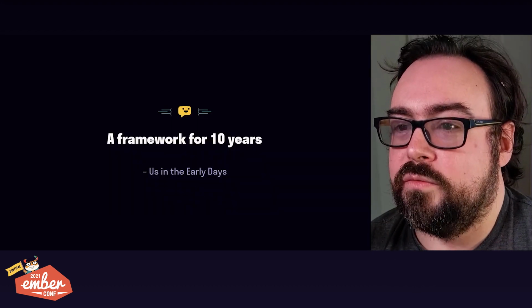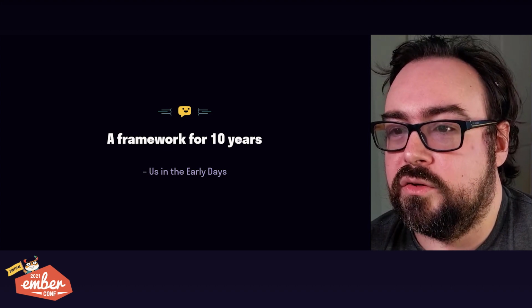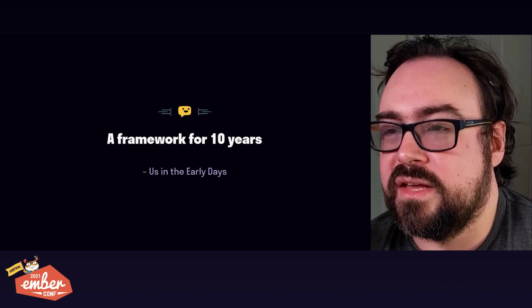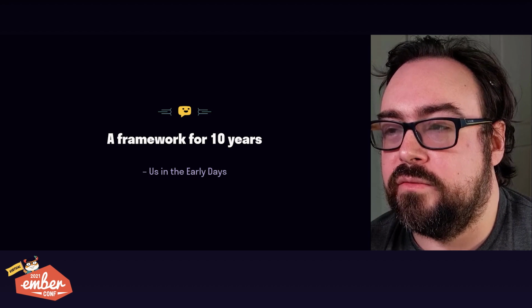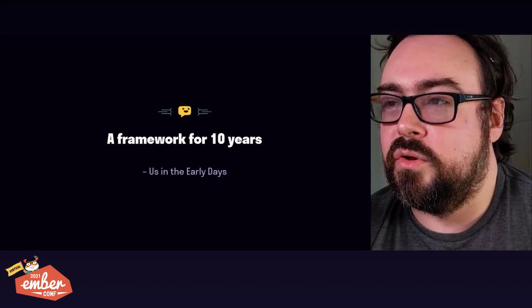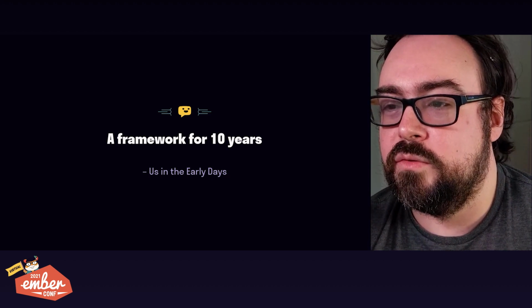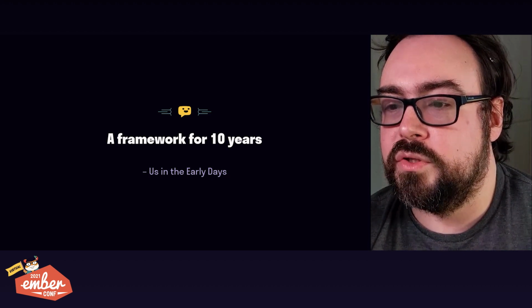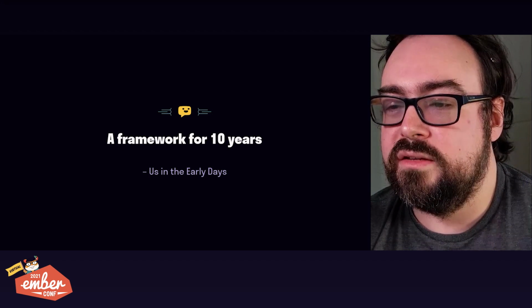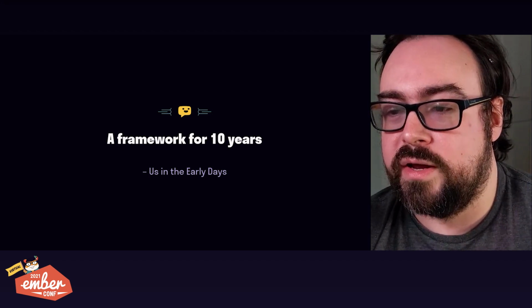When we were thinking about what a framework for 10 years meant in the early days, what we thought was that apps after 10 years should still look idiomatic for 10 years in the future. jQuery didn't pull that off, and even though Rails prioritized progress over stability, even Rails didn't pull it off. If we were going to build a framework for 10 years, we needed to figure out how to roll in innovation on a regular schedule.